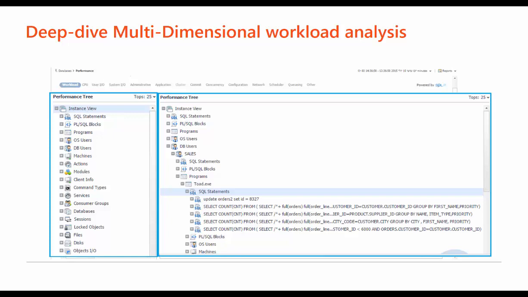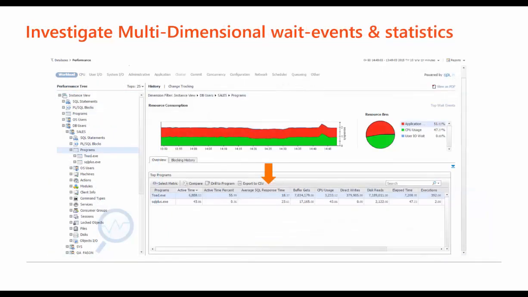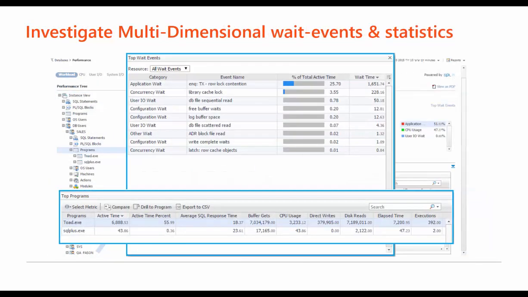This breakdown of various dimensions, or what we call a combination of dimensions, is available from both current and historical standpoints.